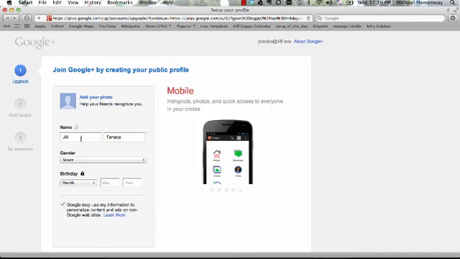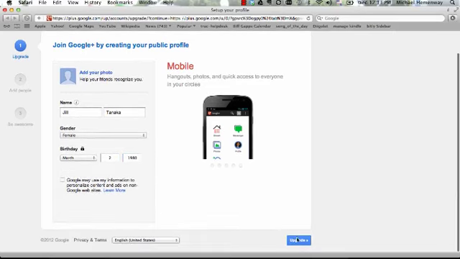Once you upload a photo, then you'll have to confirm your name and your gender, and then you can enter your birthday if you want, March 2nd, 1980 or something like that. And then at the bottom of the screen you'll see an upgrade button. You click on the upgrade button,